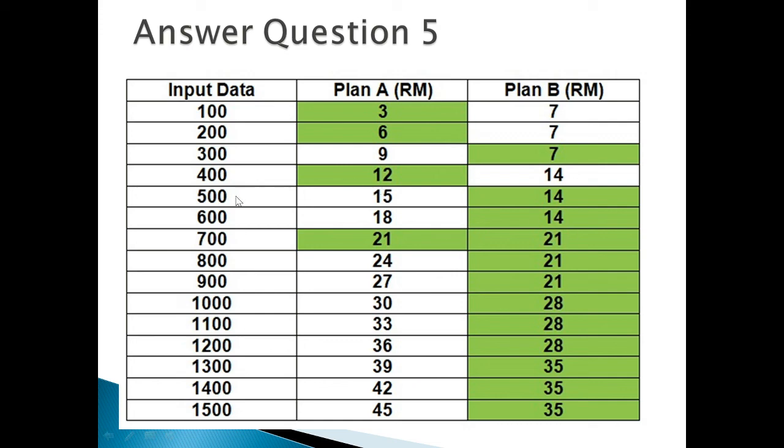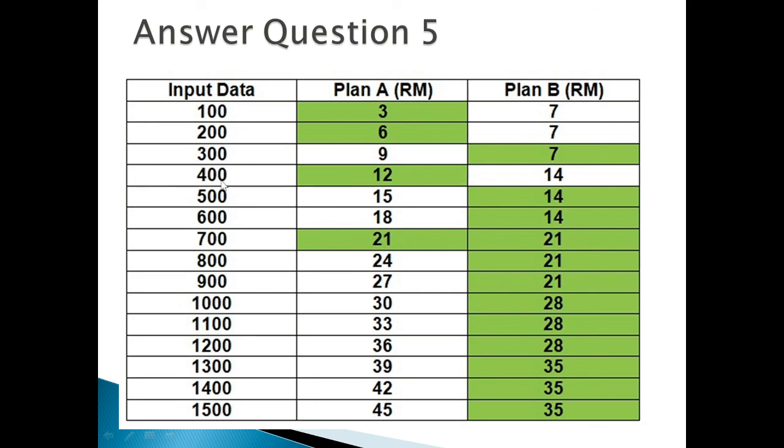But 500 divided by 300, you get a decimal number, 1 point something, correct? But remember, this is an integer, and you divide by 300, also an integer. So the answer will be only 1. The point will be ignored. You will get only 1. And then how to get 14? You simply add another 1. So 1 plus 1 becomes 2, and then 2 times 7 becomes 14.